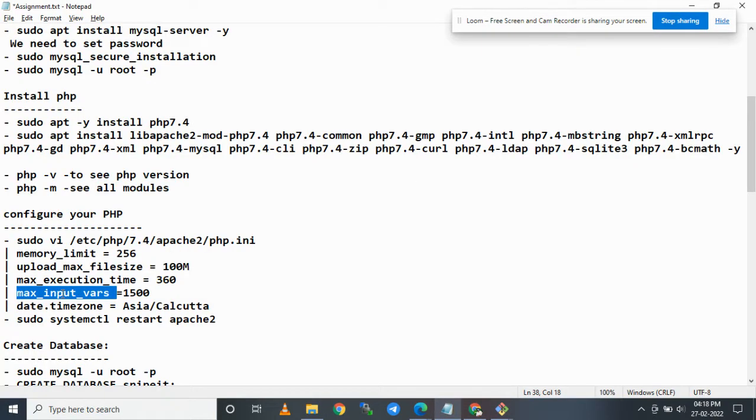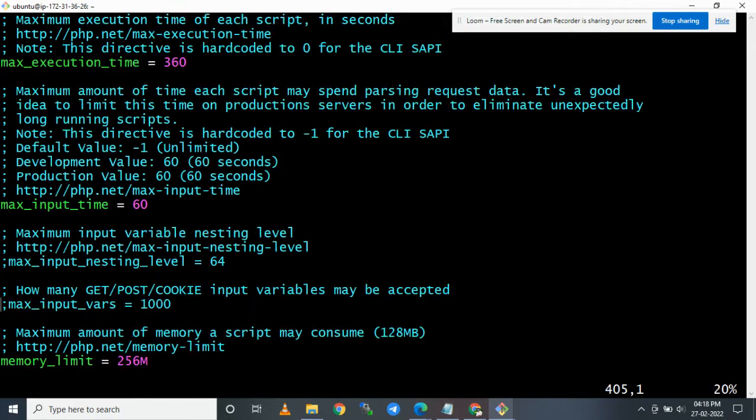Maximum input variables are 1500. Keep it, comment this out, and put 1500 there. That's it.